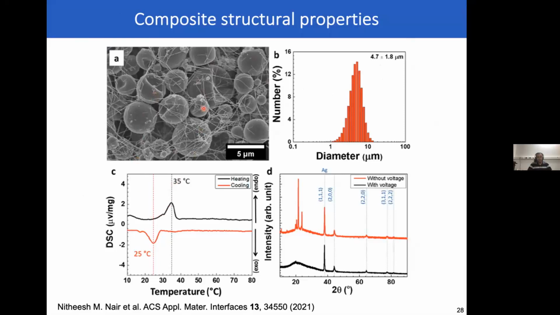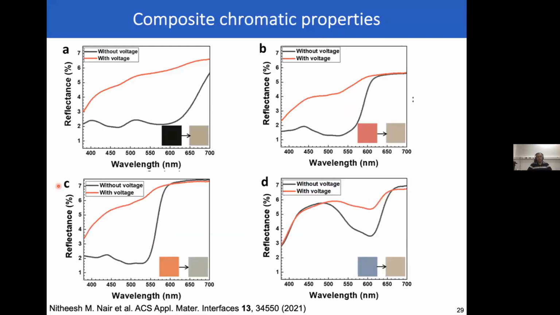The phase transition in this particular case, going from colored to bleached, happens somewhere around 35 degrees. And when you cool back down, there's obviously a kinetic lag, but by room temperature, you get back the original color. We also did some color parameters. When we apply the voltage, the inks all become bleached, and essentially you can see the red corresponds to the bleached reflectance, so something that allows light to pass through. But without voltage at room temperature, they're going to have different colors. So you can have black, you have some form of red, there's orange, there's blue, and so on.